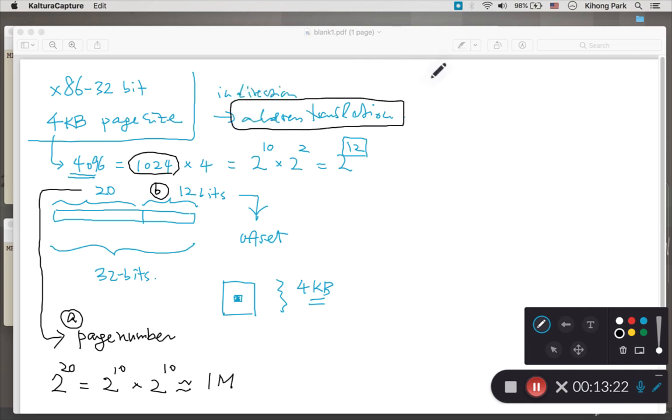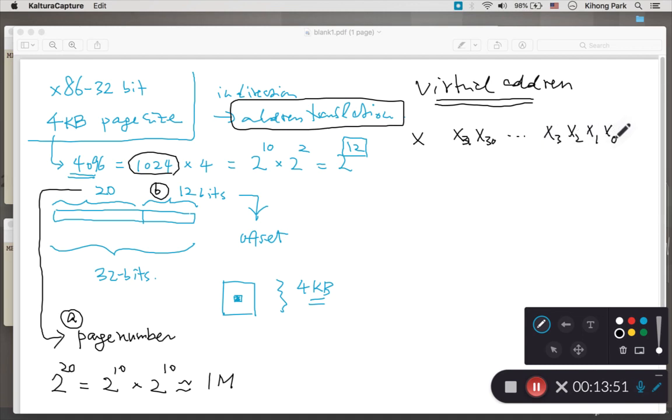So we have a virtual address. Here's a virtual address X, which is going to be 32 bits long. So it's going to have X31, X30, X3, X2, X1, X0. These are the 32 bits